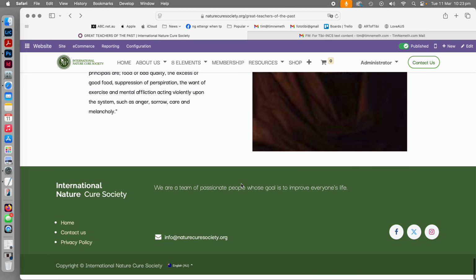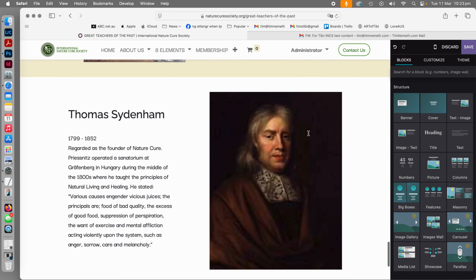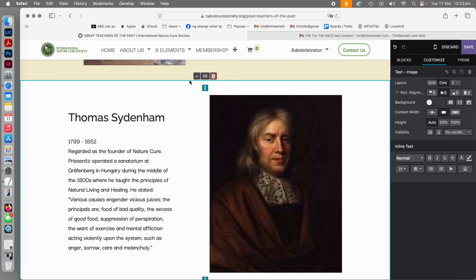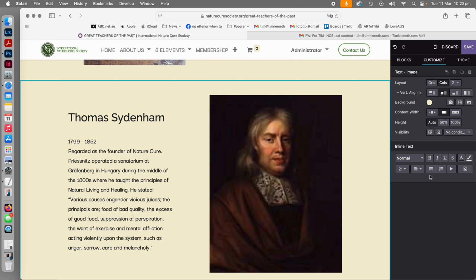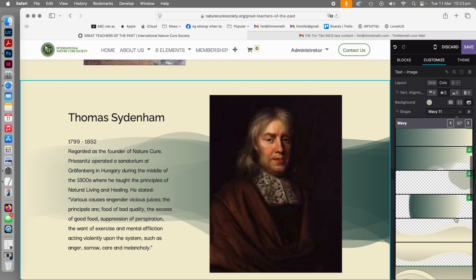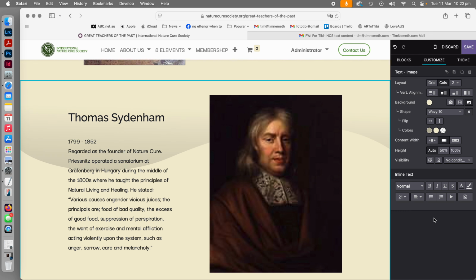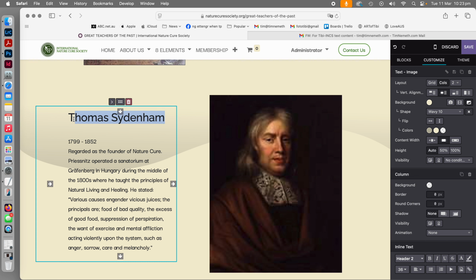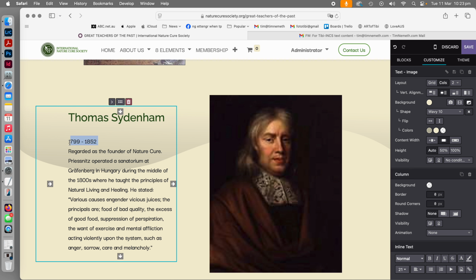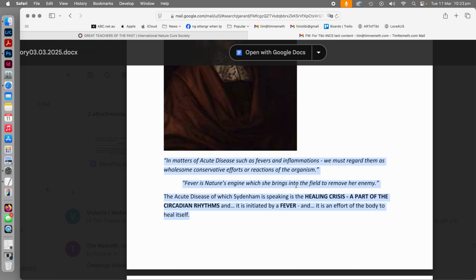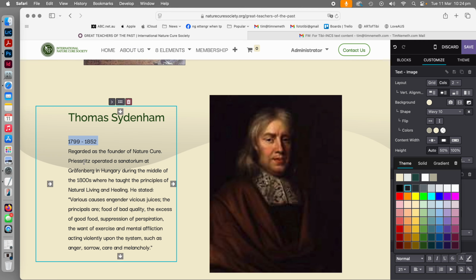So I roll down to the bottom of the page again. I hit the edit button. Okay, so click the module. I go to background, I pick the right background, then I go to the shape, I hit shape, and I'll pick that nice wavy shape. Then I change Thomas's name to green, his birth year to green, and I just check. Yeah, he had a quote, which goes for